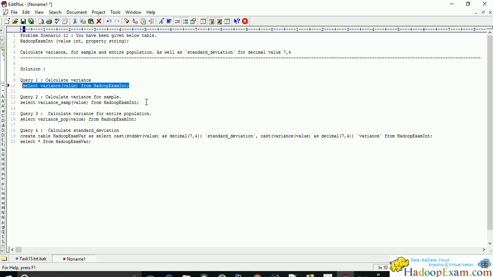Calculate the variance for the sample. Suppose you have millions of records in this table.